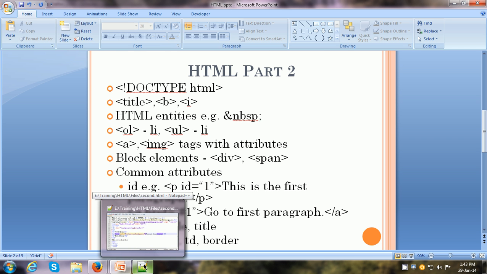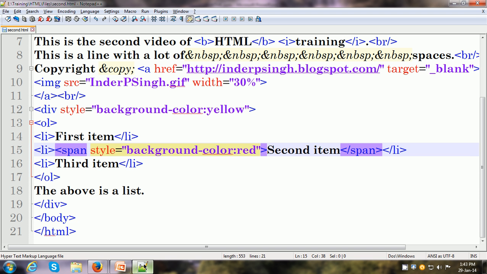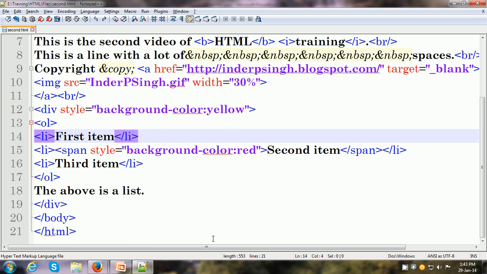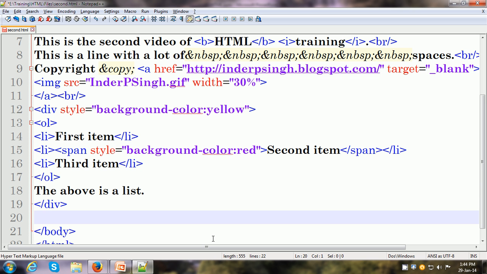There are other attributes also. One of the attributes is called ID. Let us say that we want to navigate to a particular location in the web page. Let us say that it is a very long web page. Let me put some content here.